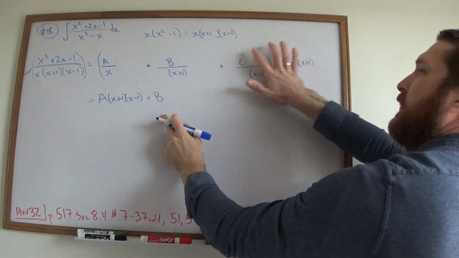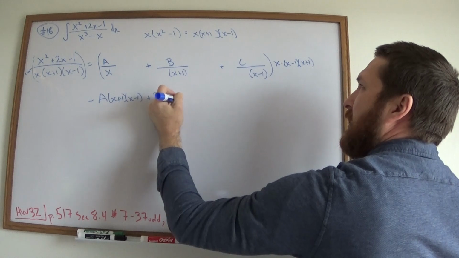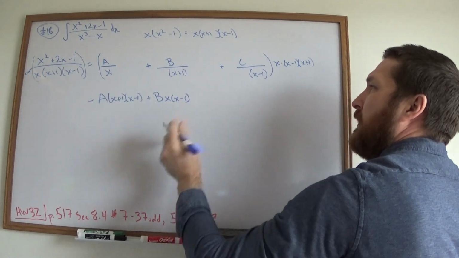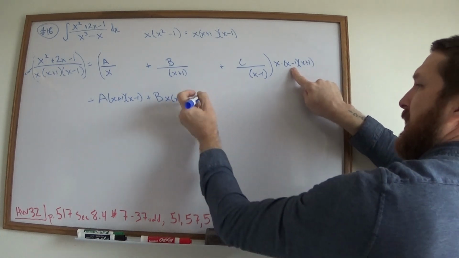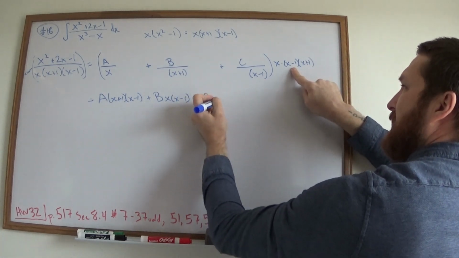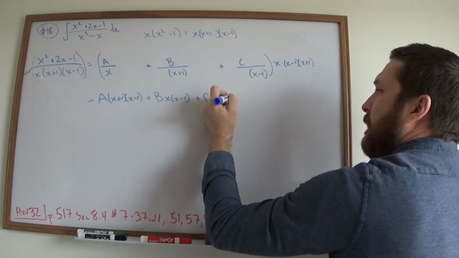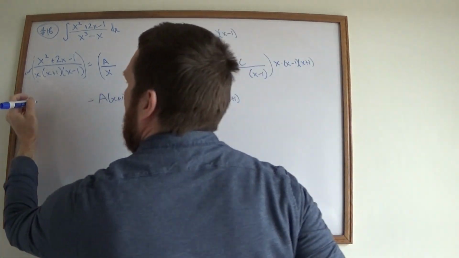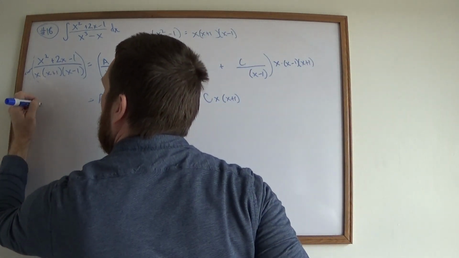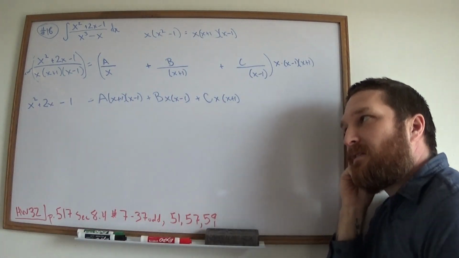This jumps over, the x plus 1's cancel, and I'm left with b times x minus 1. This jumps over, the minus 1's cancel, and I'm left with c x plus 1. On the left-hand side, the denominator is gone, and I have x squared plus 2x minus 1. Now what your book says to do from here